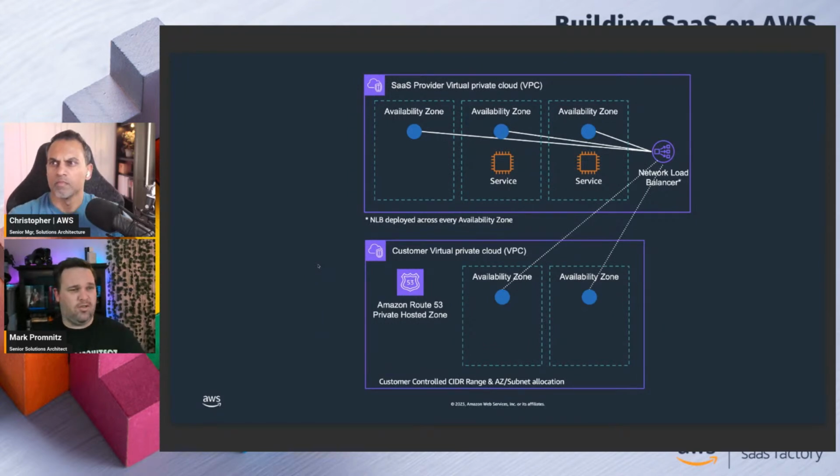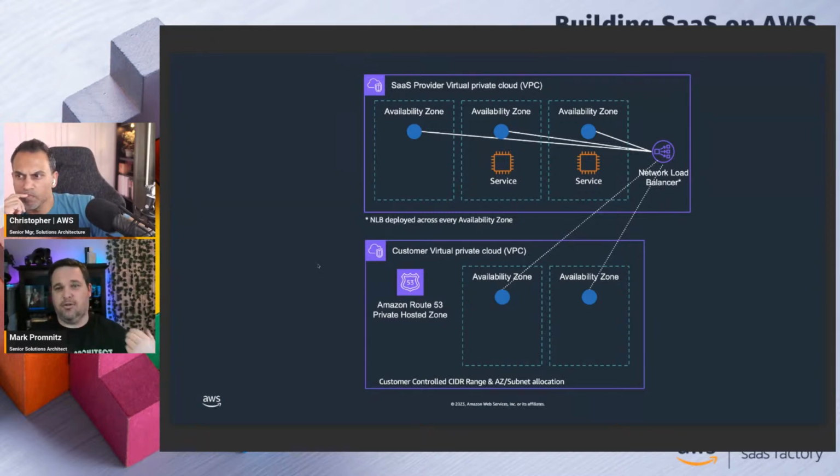In terms of the other pieces around what we need to do there, this is unlike peering, it's very much a customer initiated connection. So there's no way for you from your service to reach back out into their environments. It's very much customer initiated. They hit the endpoint, they start up that session, the TCP back and forth session against an API or a web service, anything like that.